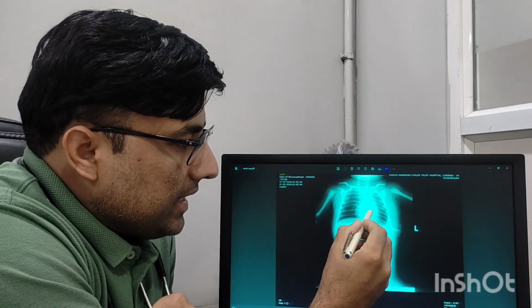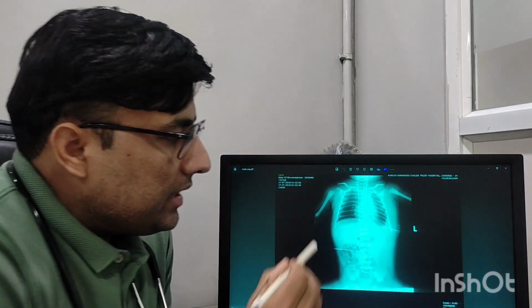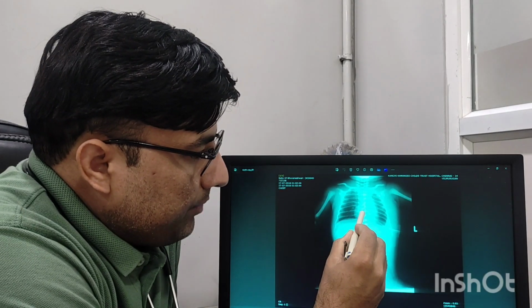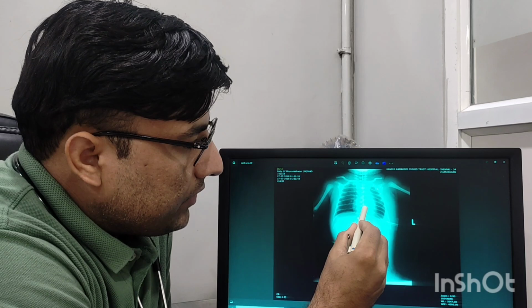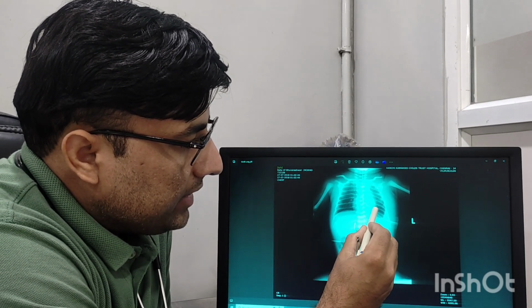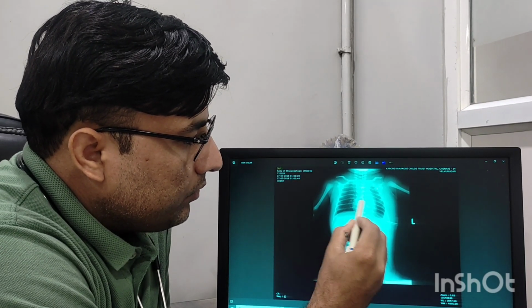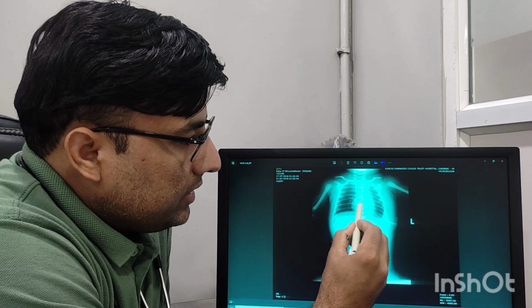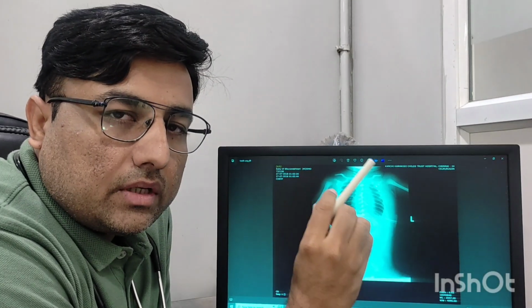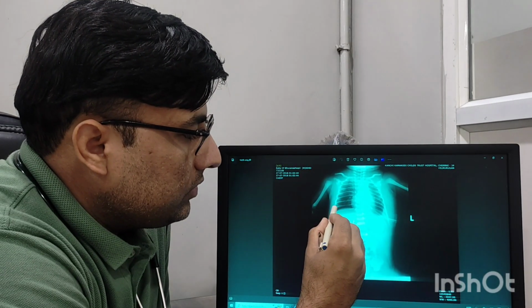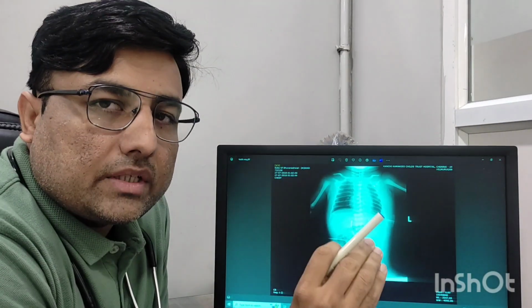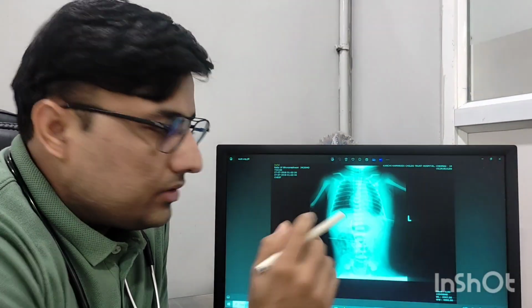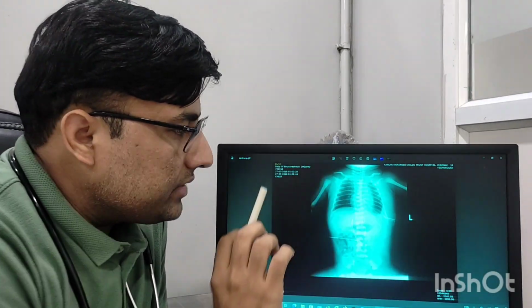So first is size. How to see cardiomegaly? We have to see the maximum transverse diameter of the heart. We can take from the center to here and here to here. Both we have to add. So this will become the maximum transverse diameter of the heart, divided by the maximum thoracic diameter. It should be more than 60%. Then we can call it cardiomegaly. So that is the size of the heart, and the shape of the heart we have seen.